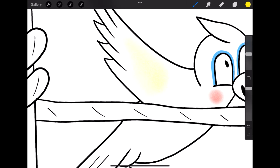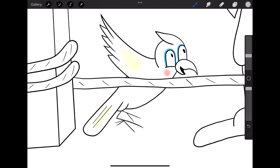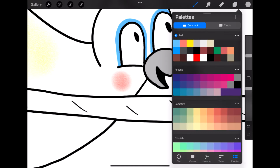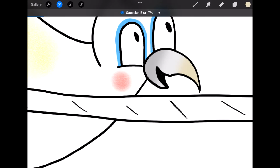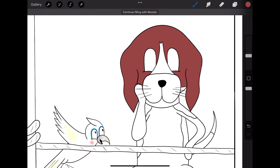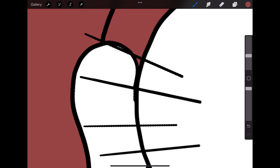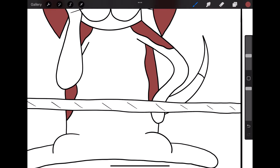Make sure that you use that layers function, just because it makes it really easy to keep things separate. You can manipulate different elements without messing up the entire image. It just makes your life a million times easier. That's one of those lessons that I had to kind of teach myself when I first started doing this webcomic